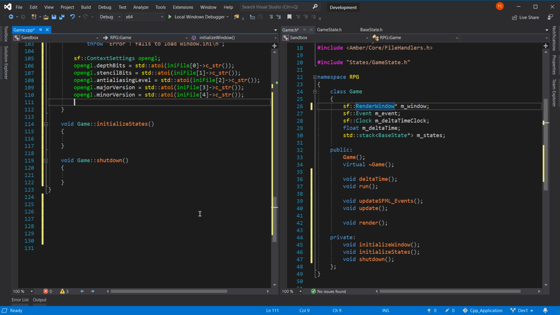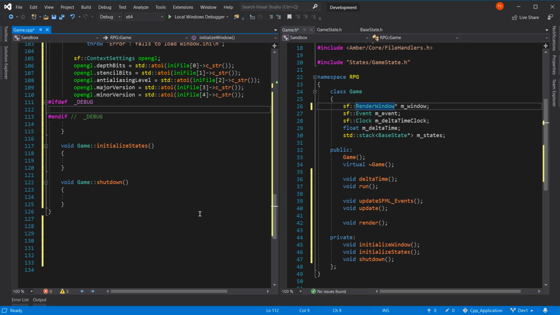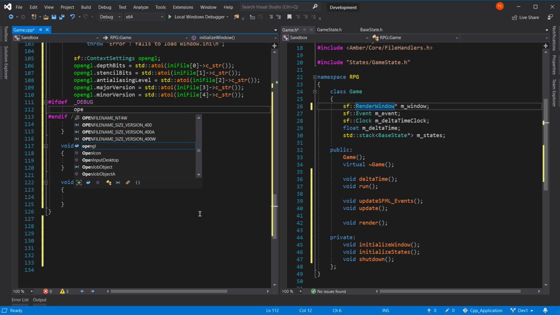And attribute flags. I want 2 different attribute flags. Hash if def. If defined. Well, it's not debug, it's underscore debug. For some reason on this variation of the computer, that's what it says it is. You can check it, by the way,